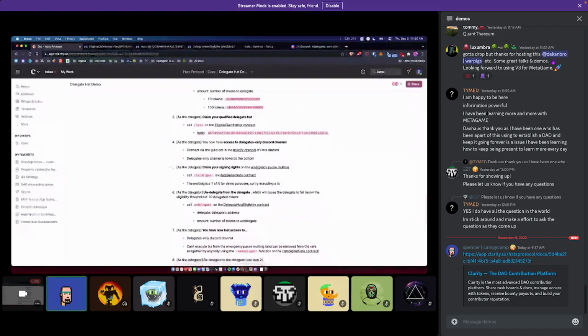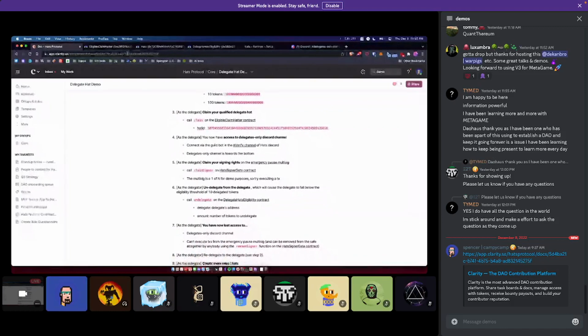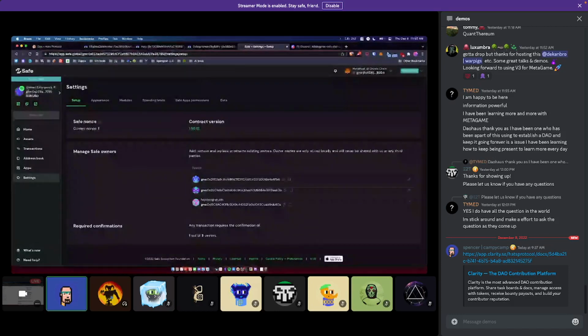We can also do on-chain token gating. Because I have that hat, I have the right to become a signer on the emergency pause multisig. Here's the emergency pause multisig safe. Right now it has three signers. Just to set this up, I'm one of the signers here, but my demo wallet is not yet a signer.